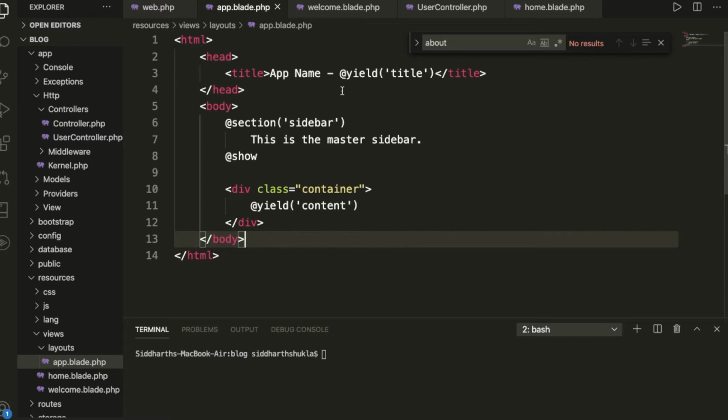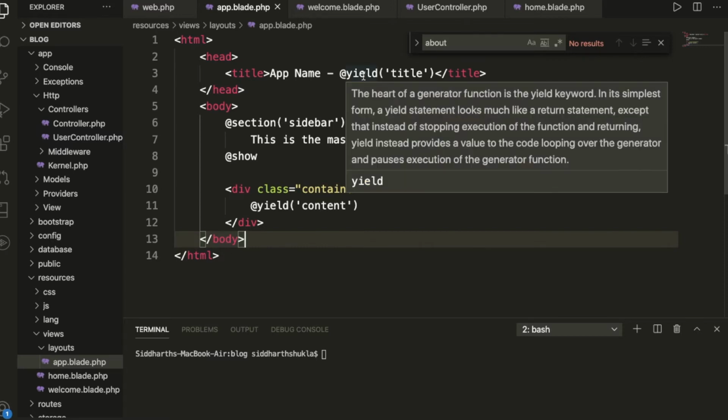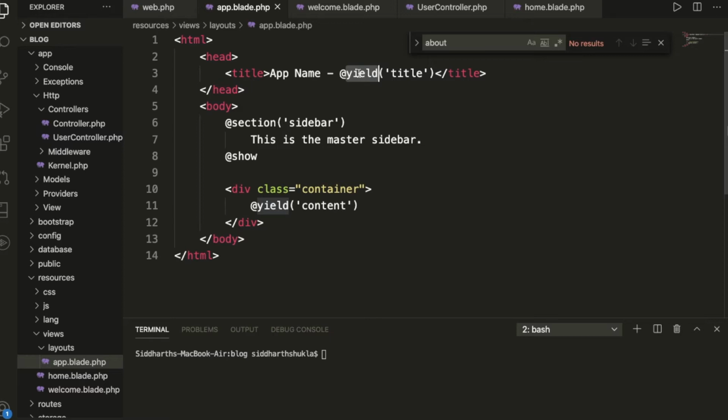So what we're doing here is using the @ technique, which we can use in different places. Suppose you want different pages and different sections, and you want to print the title in a different way. Suppose we have a home page, an about page and a contact page. With multiple pages, if we want to print a dynamic title, we can use it like this. I'm going to show you how you can write the code.